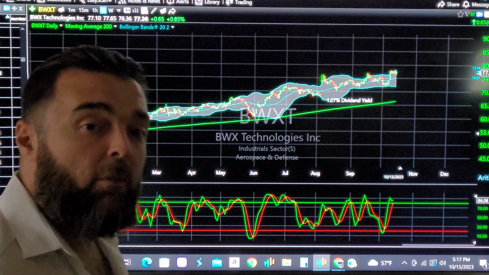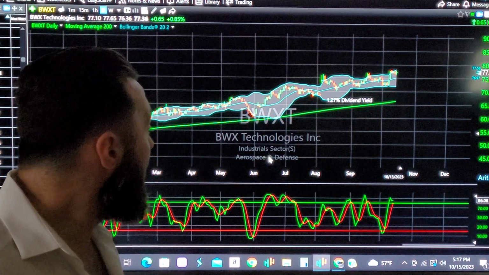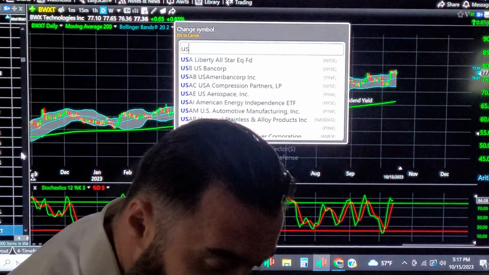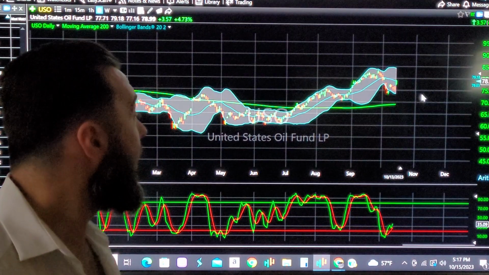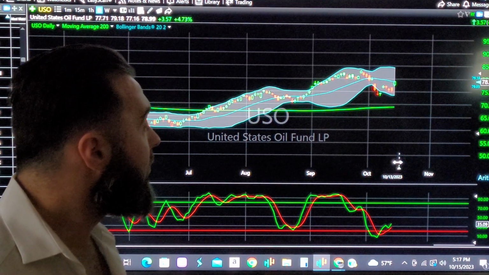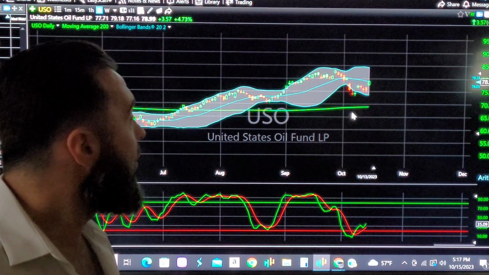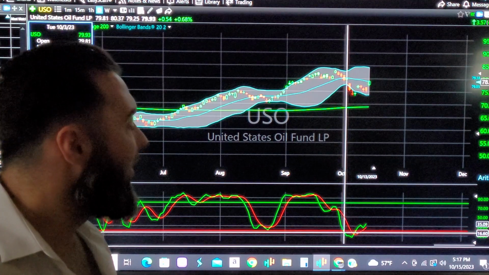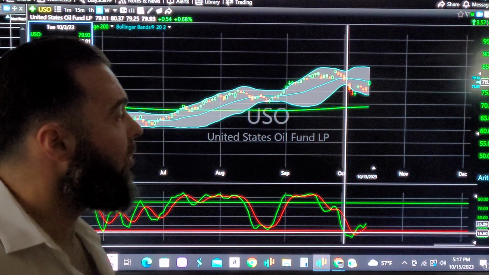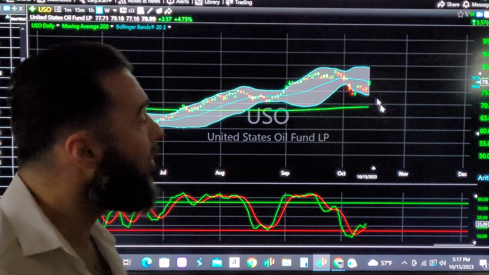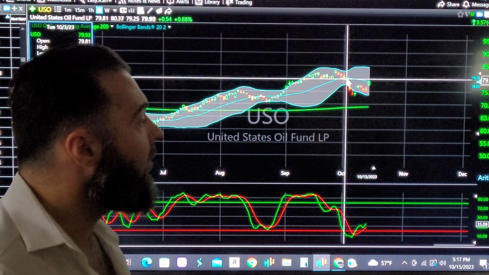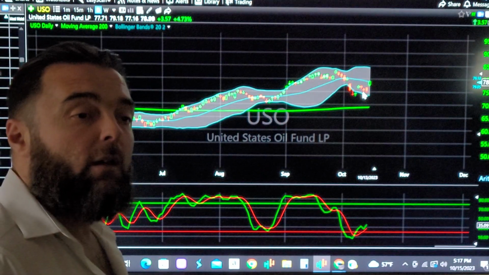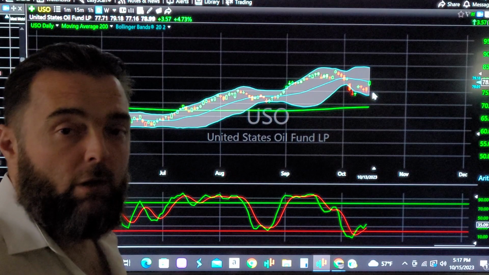But you have to be able to manage your position. So if something hits oversold, let's look at oil as an example. So oil right here. If you're reading the stock chart, it's oversold right down here. But it just hit oversold, and it hasn't touched the bottom Bollinger Band yet. So I would have wanted to wait. But let's say I did buy here. I would have bought with 20% of my portfolio. If I'm trying to trade, say I've got a trading account, I'm trying to focus on one trade at a time,